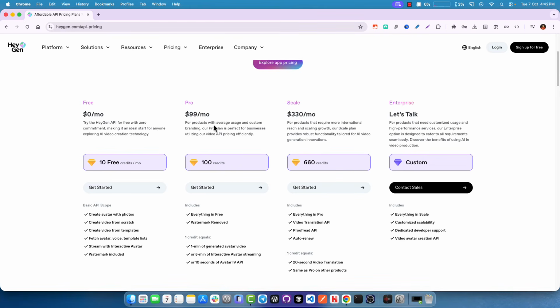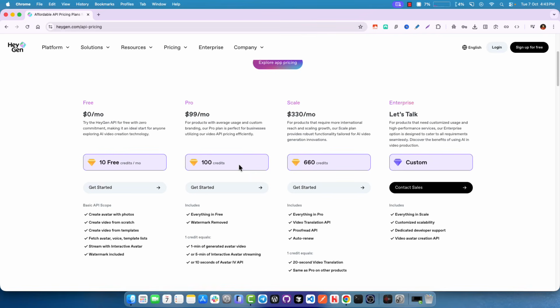So the pro plan is best again for commercial use or daily use or creator use or whatever you might want. Like if you are creating an application and you are going to use the API in that application, then definitely the pro plan would be recommended if you want to scale or you are doing things in a production environment and not just testing. So for testing purposes you can definitely go with the free plan and test out everything that you need. But for production purposes you may need an upgrade, and the pro plan is suitable for that,